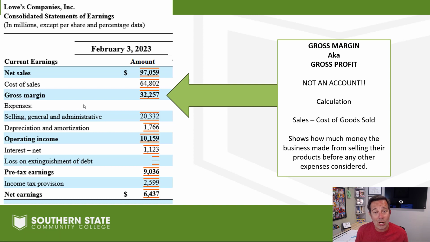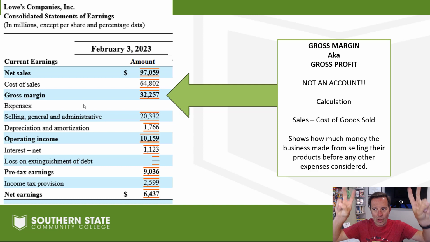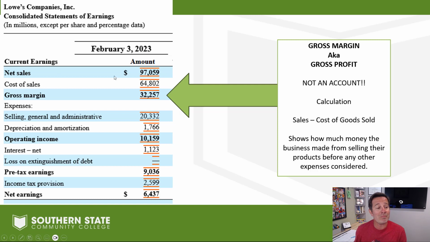You'll see gross margin, you'll see gross profit. Means the exact same thing. It is not an account. Let me emphasize that. Gross margin, gross profit is not an account. I can't book an accounting entry to gross profit. It's a calculation, gang. And what it is calculating is the amount of sales minus what was paid for the